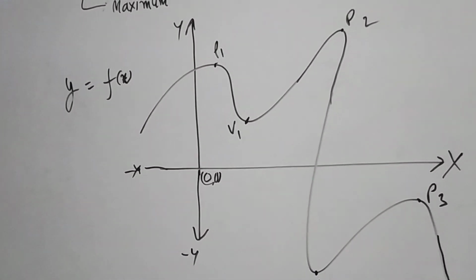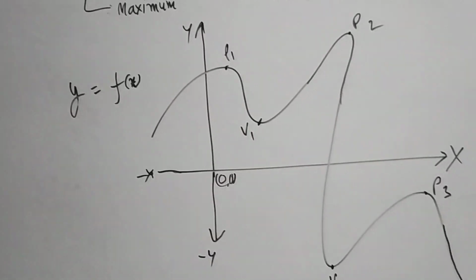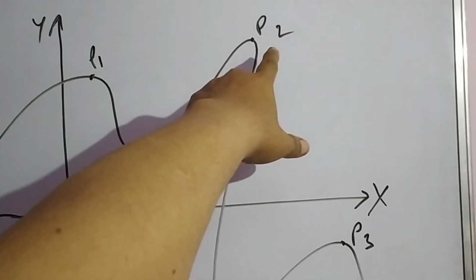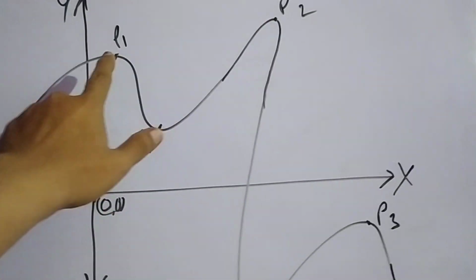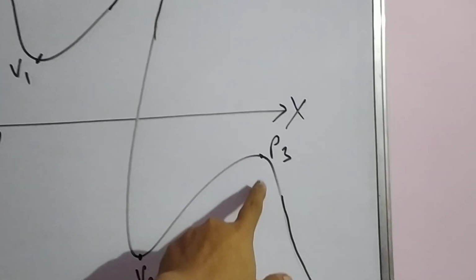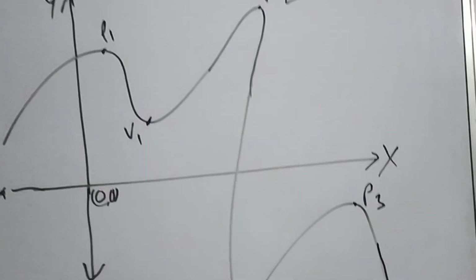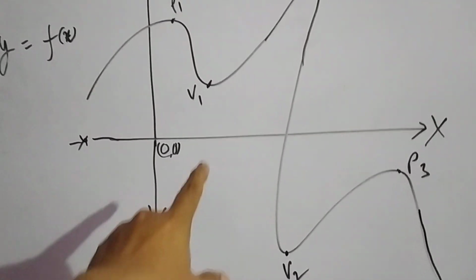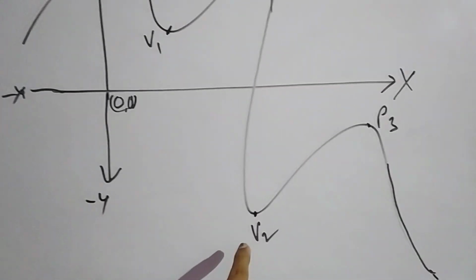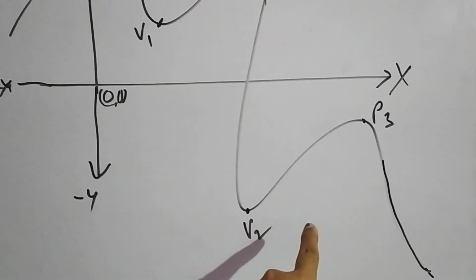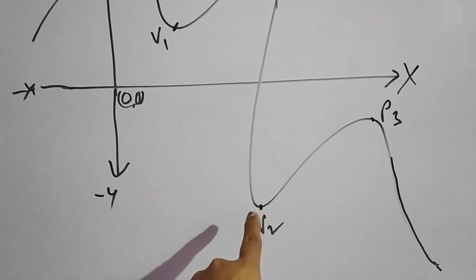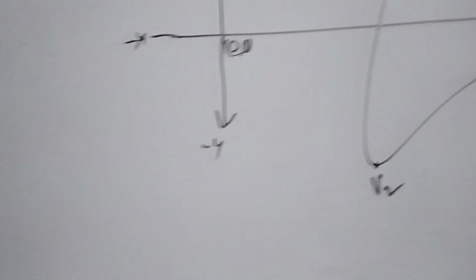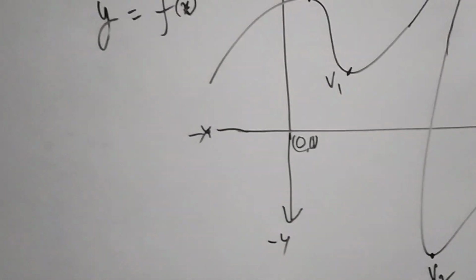Maxima doesn't mean only the highest point in the curve. P2 is also maxima, this is also maxima, this is also maxima, at different values of x. We will discuss later on. Similarly, this is a valley, this is a valley. This is not the only minima point in this curve. This is also a minima point. So, if we summarize it,